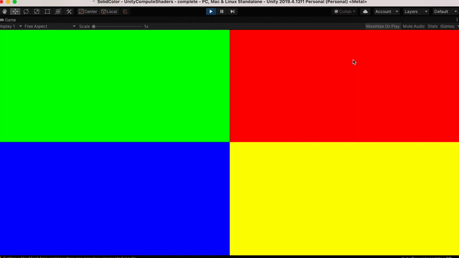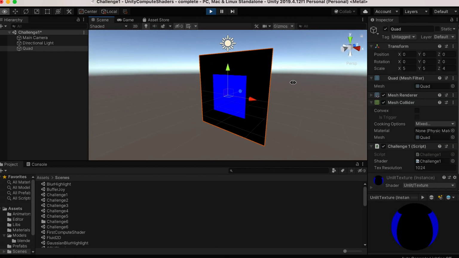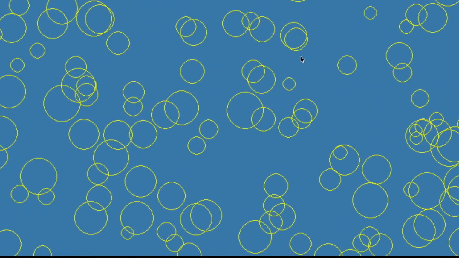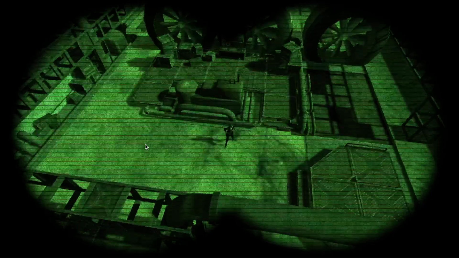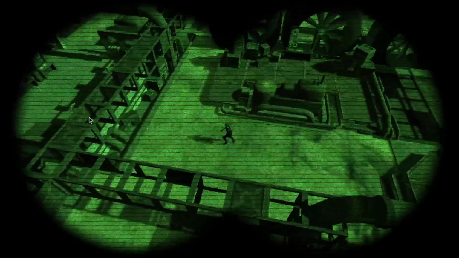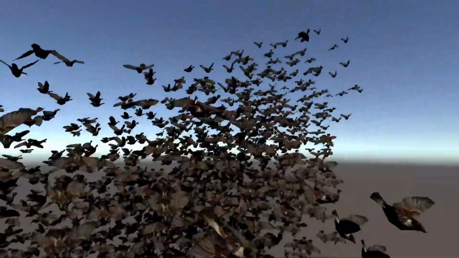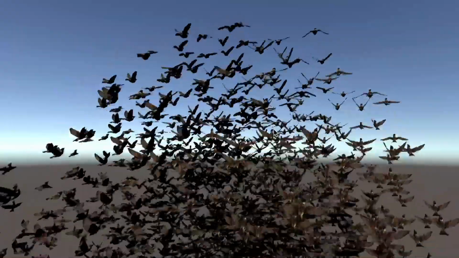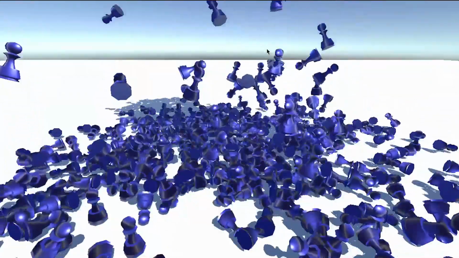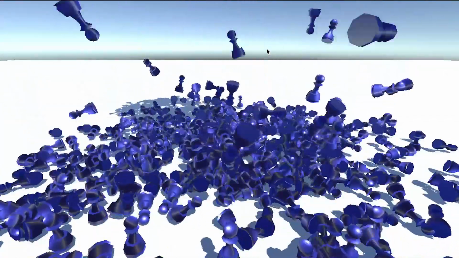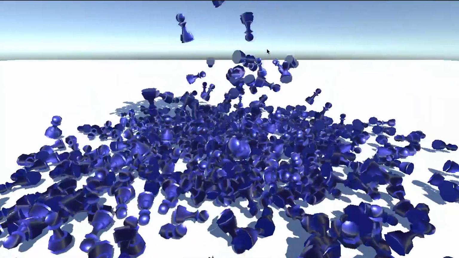We'll start with some simple examples as you find your feet. You'll learn how to use structured buffers, allowing you to pass huge chunks of data from the CPU to the GPU, before moving on to use a compute shader for post-processing. Then we'll look at sharing complex buffers between a compute shader and an instancing surface shader as we explore particle effects and flocking. To see how effectively a compute shader can handle serious computational problems, we explore creating a physics